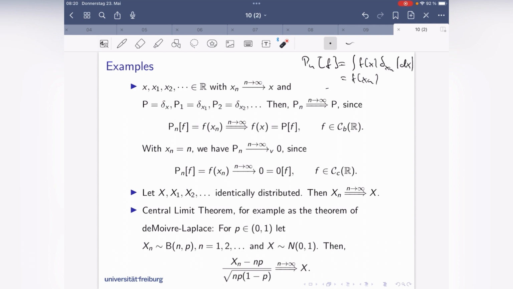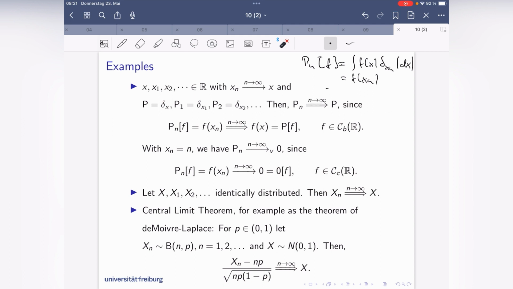Okay, it's easy to see this because the integrals of f of xn are always the same, because xn and x all have the same distribution. And that means weak convergence really is a statement only about the distributions of the random variables. But that might have been clear already from the formulation. But it's always good to keep in mind that you're never really talking about the random variables themselves, but about their distribution when you talk about weak convergence.